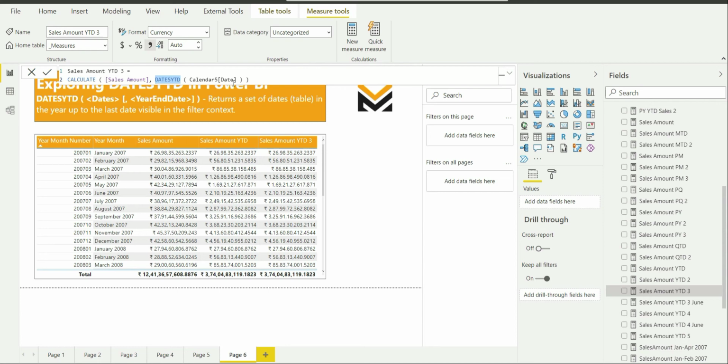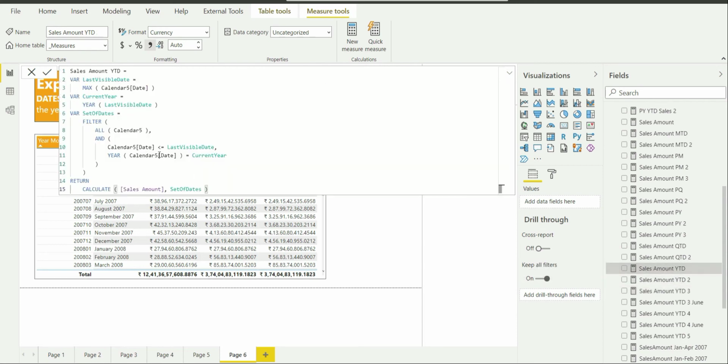So using a time intelligence function helps us save time as well as effort, because DATESYTD is going to return the same table which was returned by this filter argument over here. So it actually saves time.